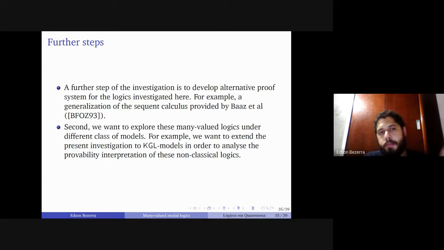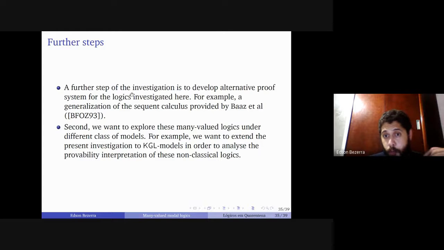Now, you can object by saying, well, Edson, the tableaux you presented to us are too semantic. I recognize this objection, and the further step of this research is to develop alternative proof systems for these logics, which are not too semantic, to say it better. So we intend, in the future, to